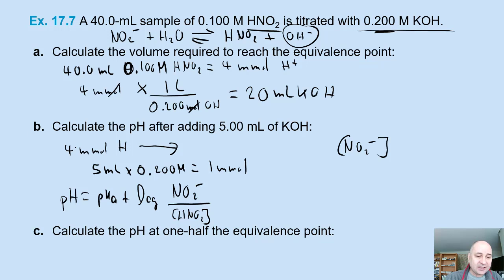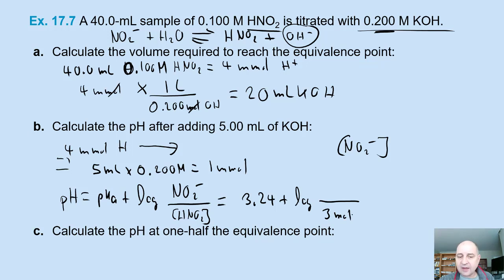So our acid goes from 4 minus 1, right, to 3 millimoles. So the pKa, by the way, you can look that up, is 3.24, and now we're going to add the log, and so we know that there are 3 millimoles,